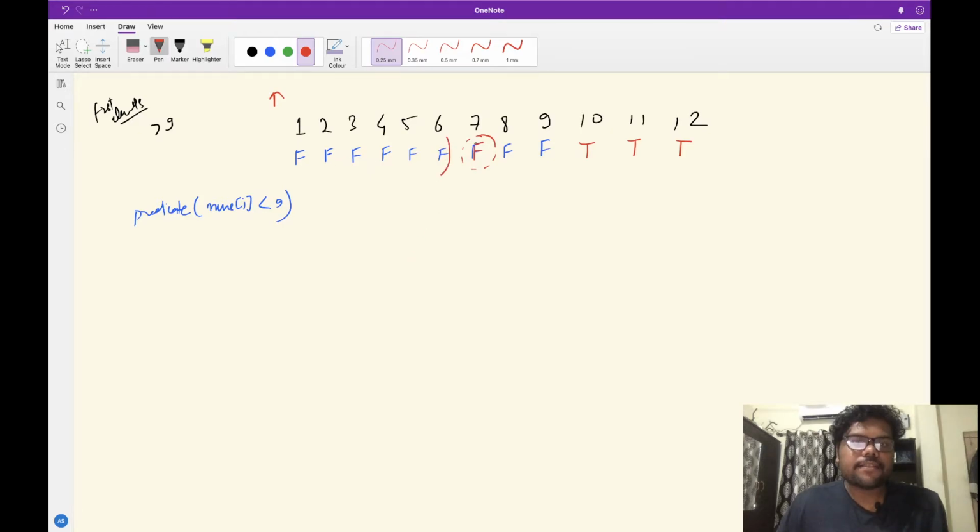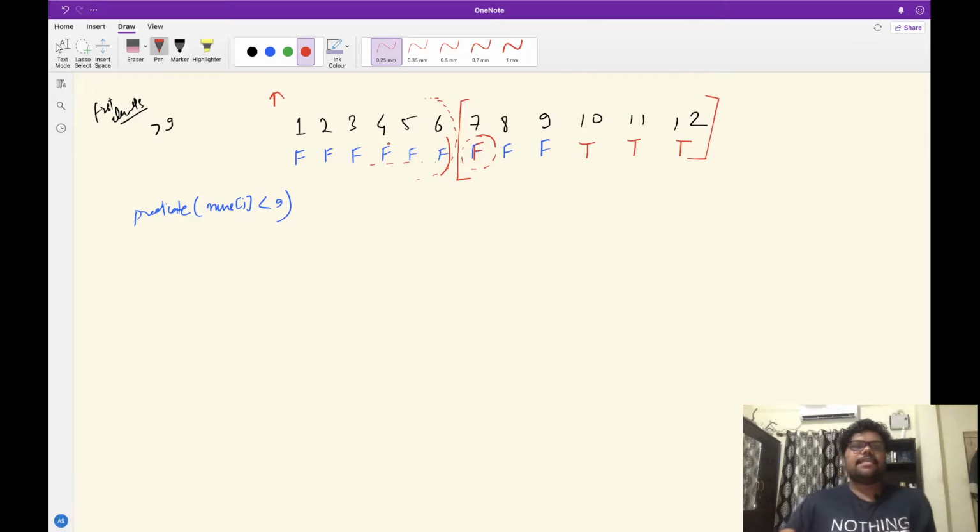If 7 is less than 9 and this list is sorted, then obviously all the elements less than 7 will also be not greater than 9. Hence this predicate will be false. So we can safely ignore this side of the array, and simply continue our search on this side of the array.